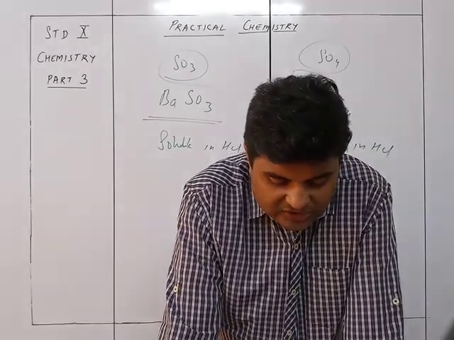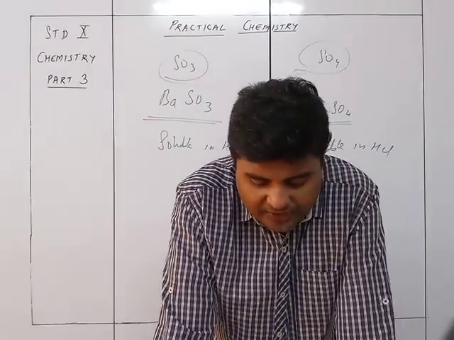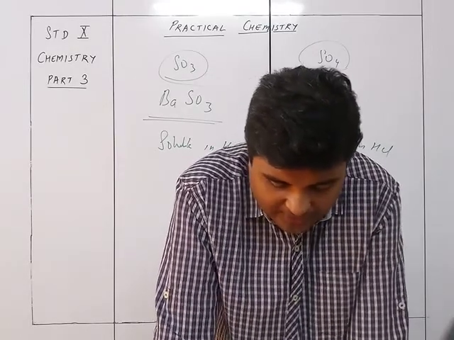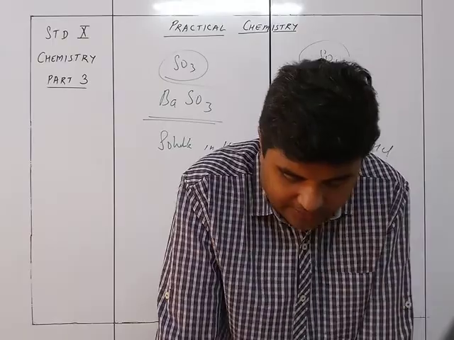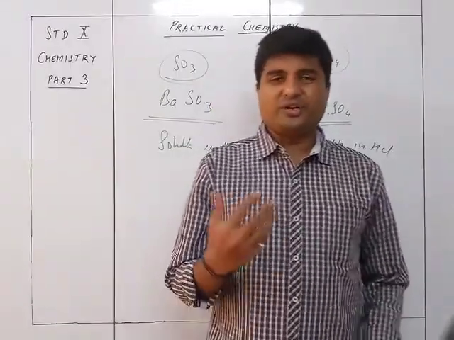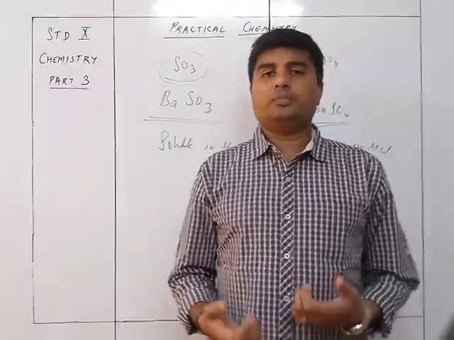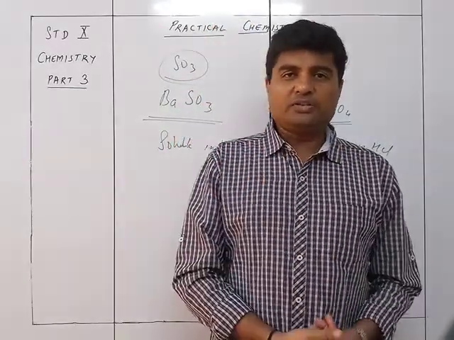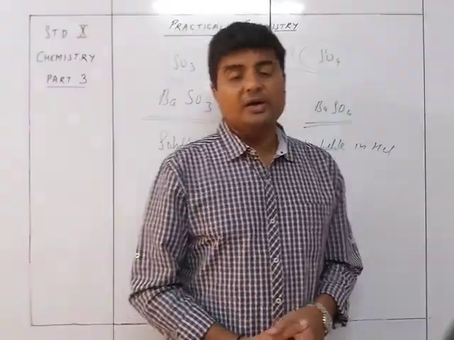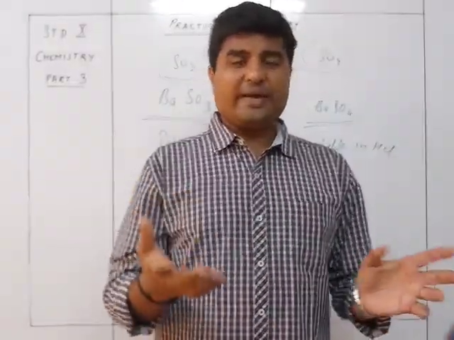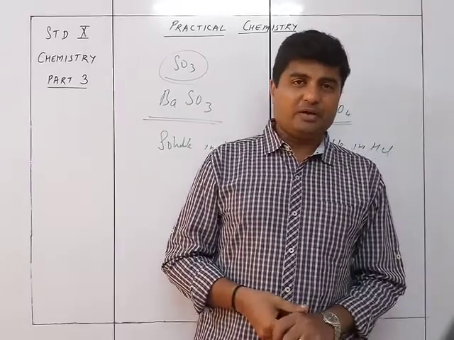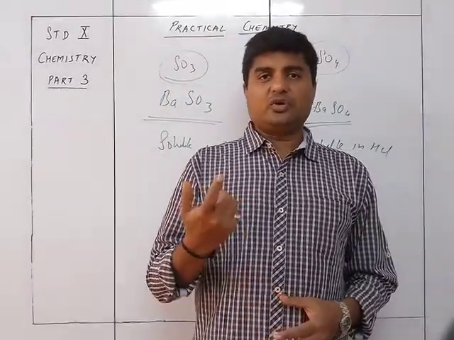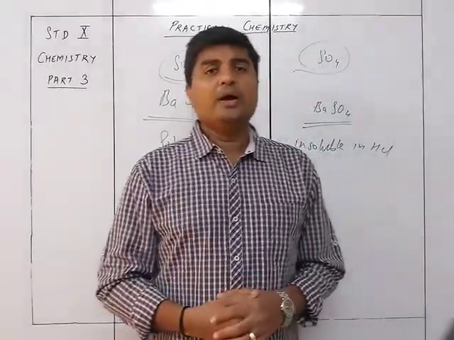So we see the chlorides. To the salt, add concentrated sulfuric acid and heat. A colorless gas is evolved which gives dense white fumes when a glass rod dipped in ammonia is brought near it. So the first thing is that you take any chloride salt and use concentrated sulfuric acid, which gives rise to HCl gas. That is what we studied in the HCl chapter, how HCl is prepared and how you identify it: a glass rod dipped in ammonia gives dense white fumes of ammonium chloride.